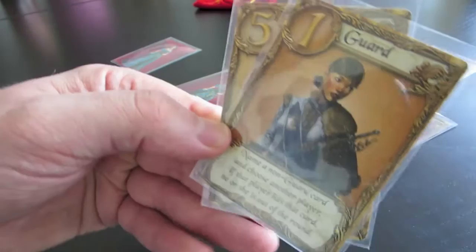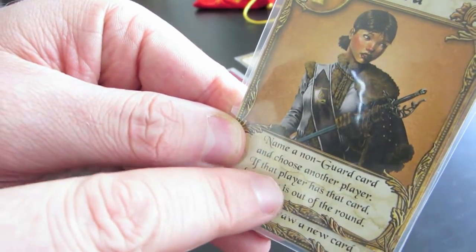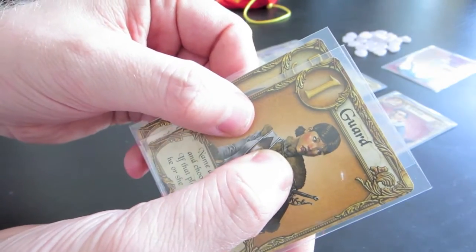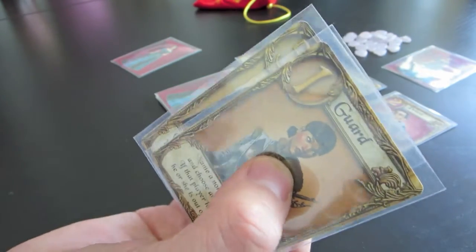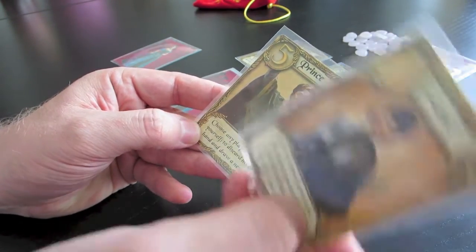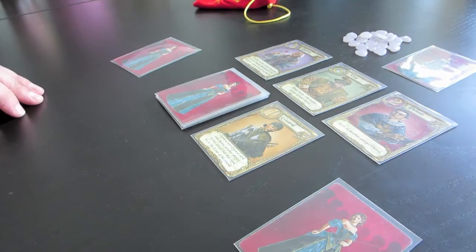I picked up the Guard card, which says name a non-guard card and choose another player. If that player has that card, he or she is out of the round. So this card will let me try and guess what another player has, and if I'm right, I've knocked them out of the round. In a 2-player game, if I'm right, that means I win the round. So looking at these 2 cards, I'm going to play this Guard, and I'm going to guess what Jenny might have in her hand. So I say, Jenny, do you have...